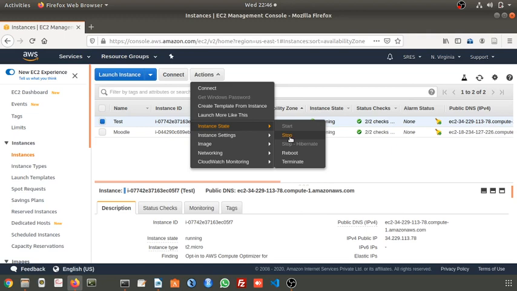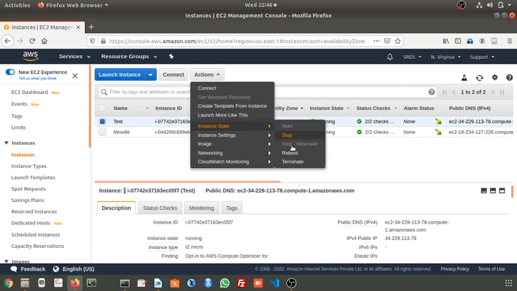If you are not eligible for the free tier, then for the computing power and the operating system you won't be charged, but for the memory, that is the secondary storage, charges will be applicable.